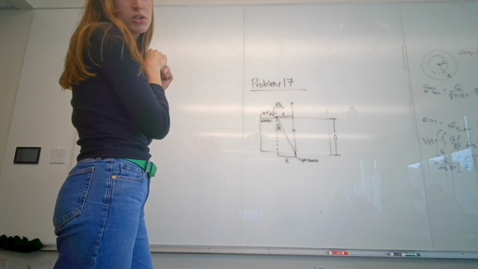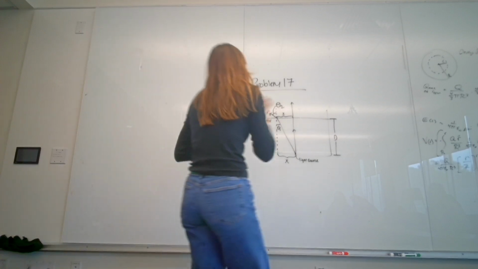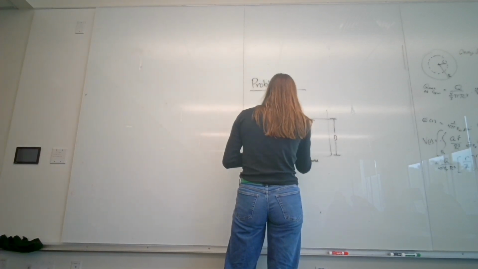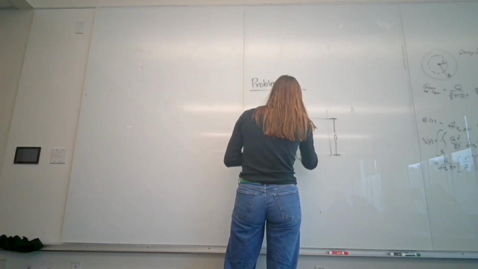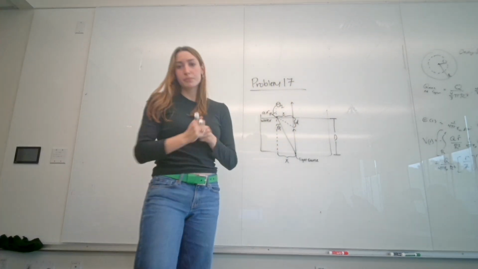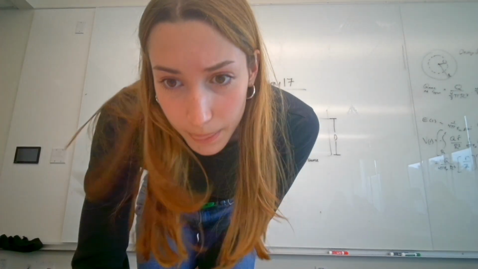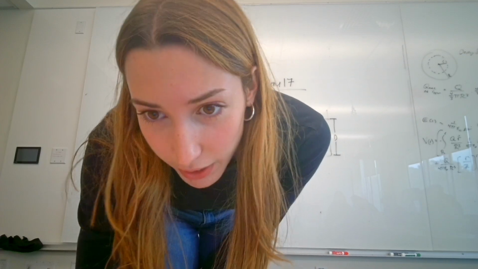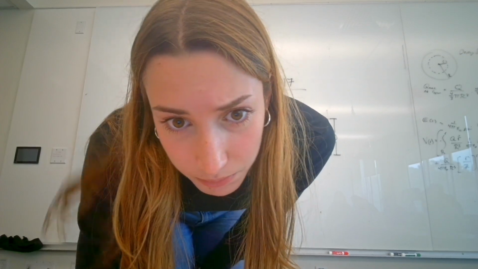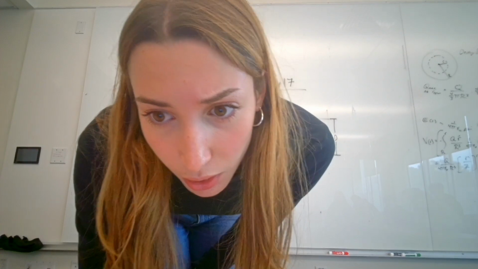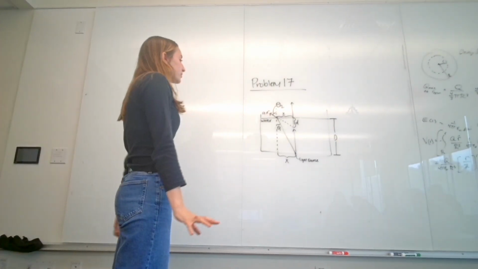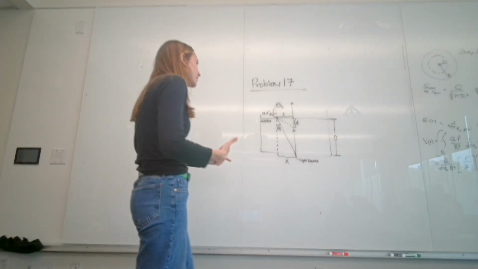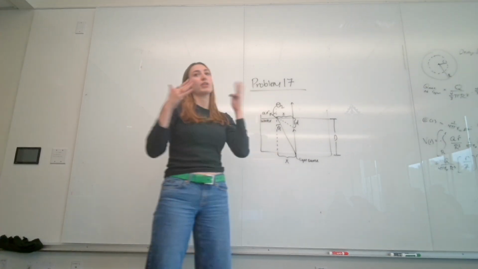Determine the apparent depth. Okay, so it's asking us to solve actually for this D. Okay, does it show you what, oh yeah, it gives you what D is. Okay, perfect. So anytime you see light rays interacting between two different media, you should really be thinking Snell's